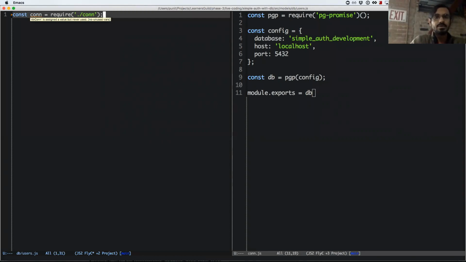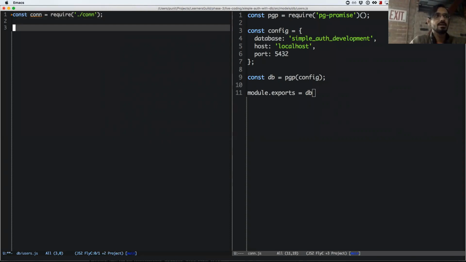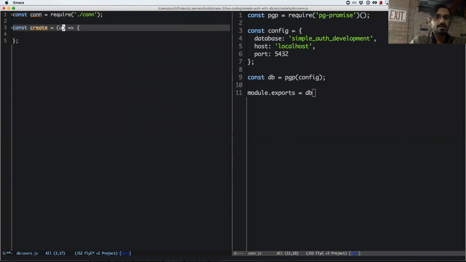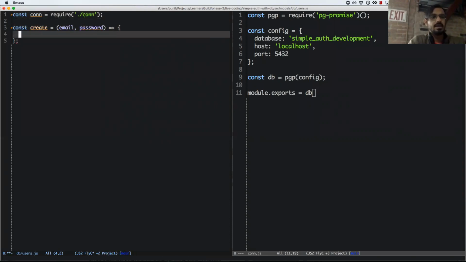Okay, so we have the connection, and now we need a function to create a user. So I'm going to say const create equal to function. And this essentially takes in email and password. Right, and I say connection.query